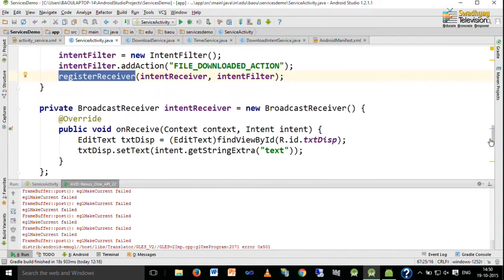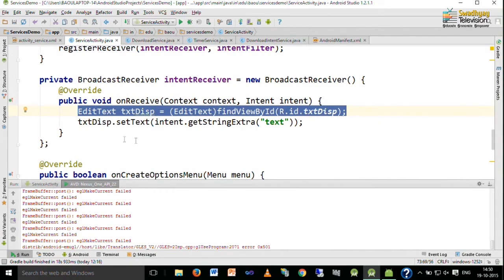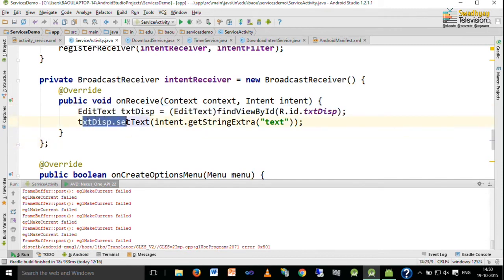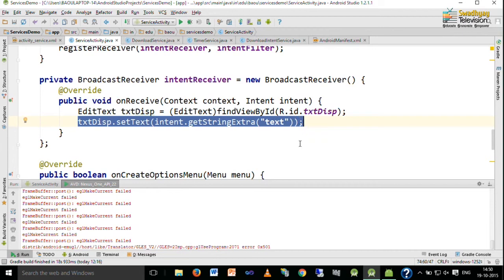So, inside the receiver we have the on receive method where we take a reference of the edit text, and inside this edit text we display this text data.